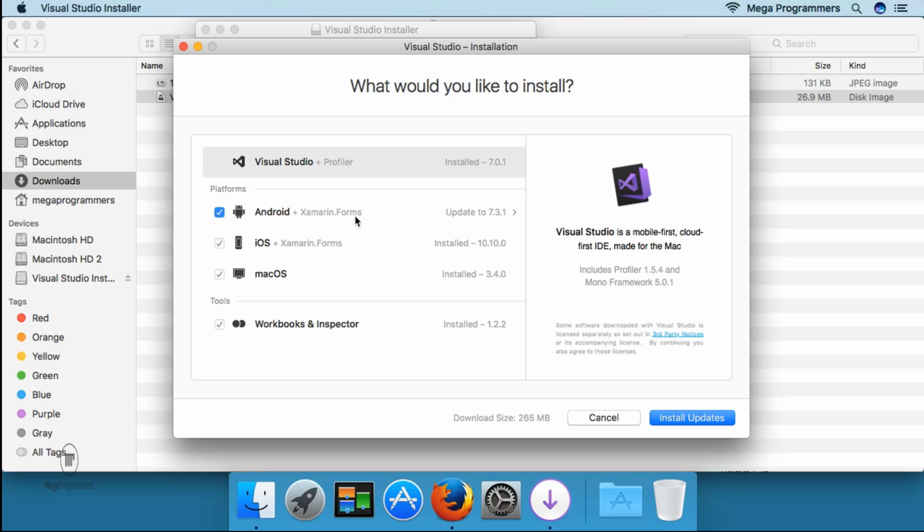I'm not going to do that right now, but in your case, you can select them and click continue or click install. And during that installation process, your Mac will be asking you for your administrator password several times, but it's about 3.5 gigabytes of download, so I would really recommend that you go and grab yourself a cup of coffee. It will take quite a while, depending, of course, on your internet connection. So I'm going to click cancel,